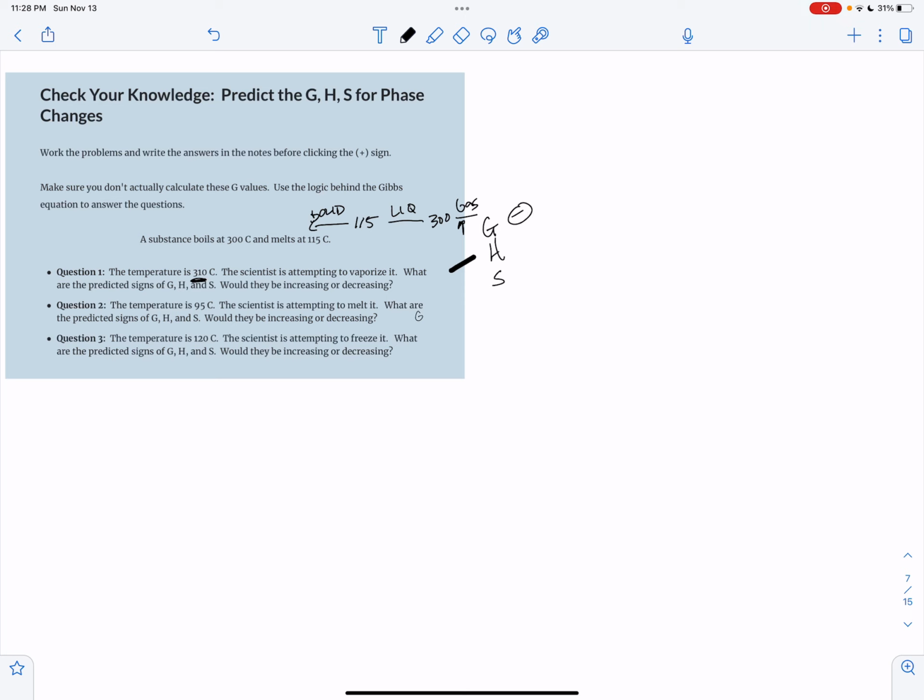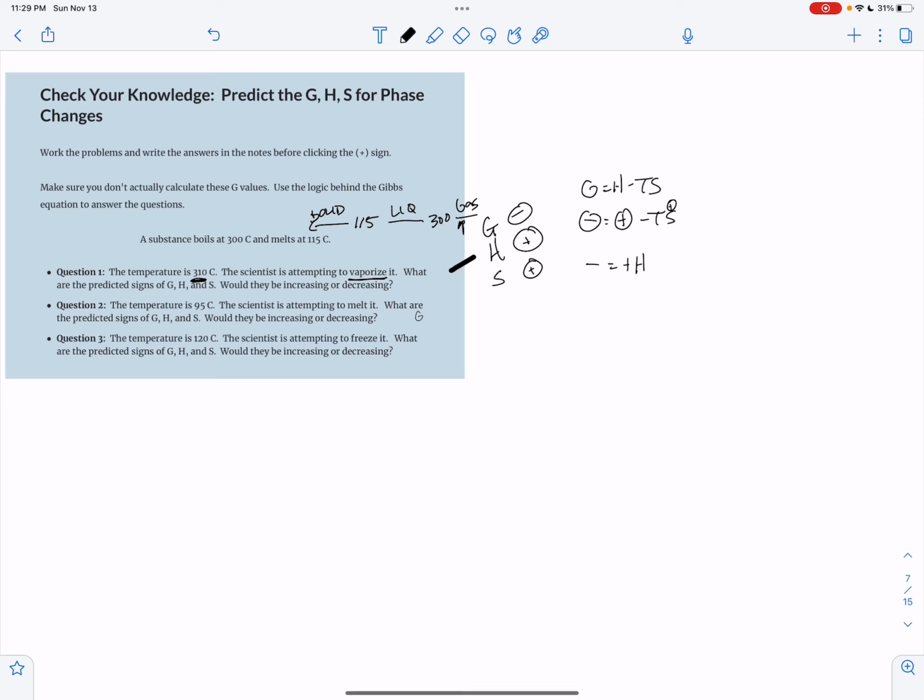And then since we are doing a vaporization, we can say that the H has to absorb energy to do that. And also the molecules are going to be going crazier, and so that's going to be a positive S value. Now you can always double check it. It starts like this: G equals H minus TS. Then we have a negative, we have a positive minus a positive, with that being positive. So we basically have negative equals positive